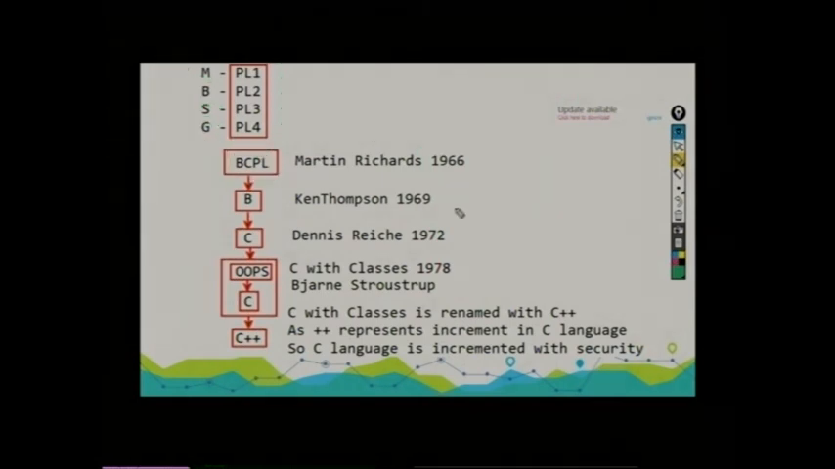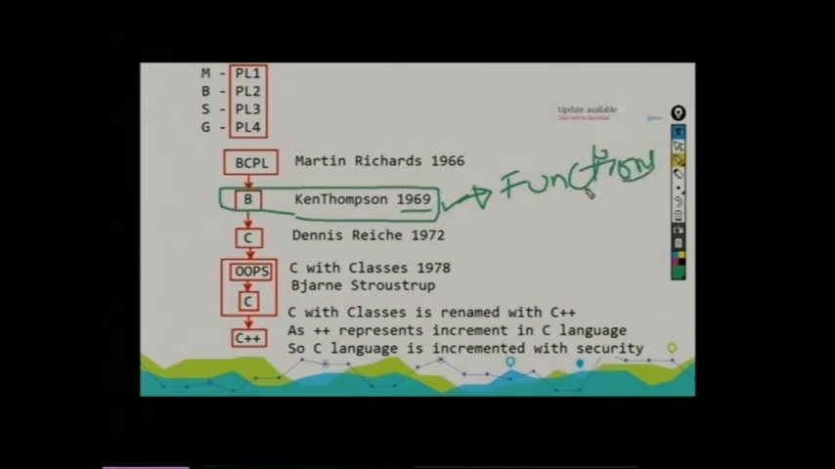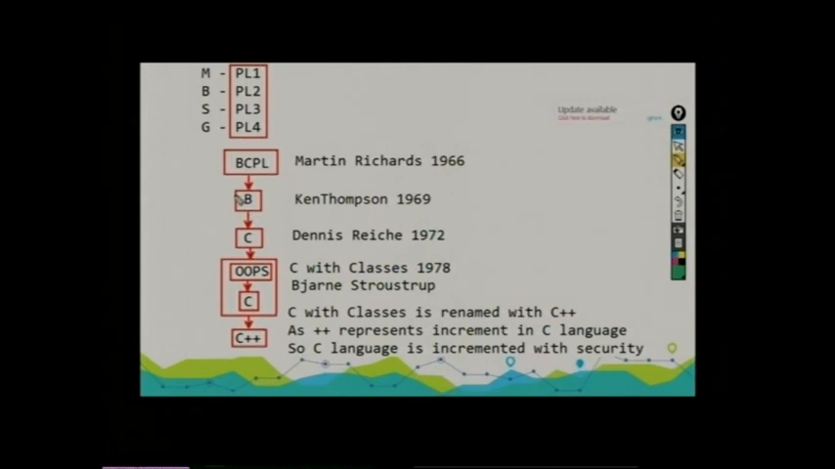Even this programming language has drawbacks, and after that they introduced another language called B, which was introduced by Ken Thompson in the 1960s, reducing a few drawbacks of BCPL. Here they introduced a concept of something like functions. But even though this was also not perfectly right for industry, they again stopped using